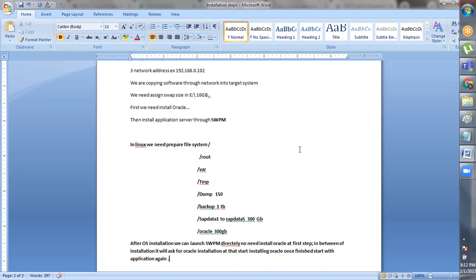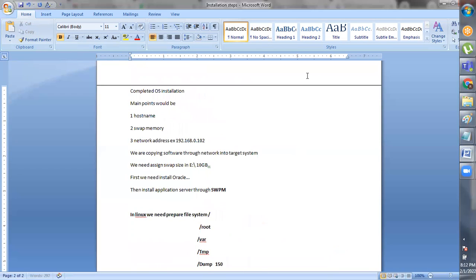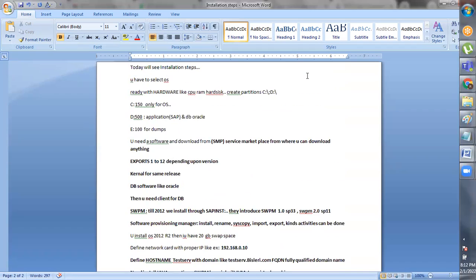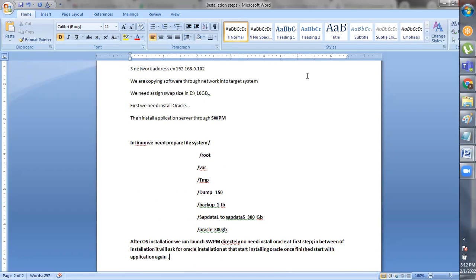Okay, there is a major difference in the installation part. Tell me. Rajan sir, if at all I have a Windows operating system and Oracle has already been installed, on top of that I would like to install Linux also in the same system. Is it possible? No, not like that. Come again. I'm clarifying your doubt. You have a system, server or laptop? I'm talking about a server. Okay, server, no problem.